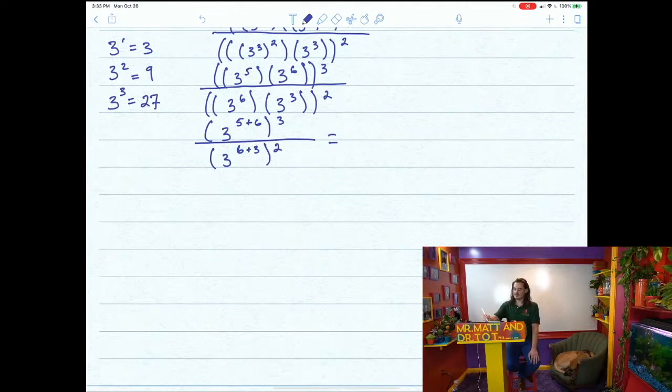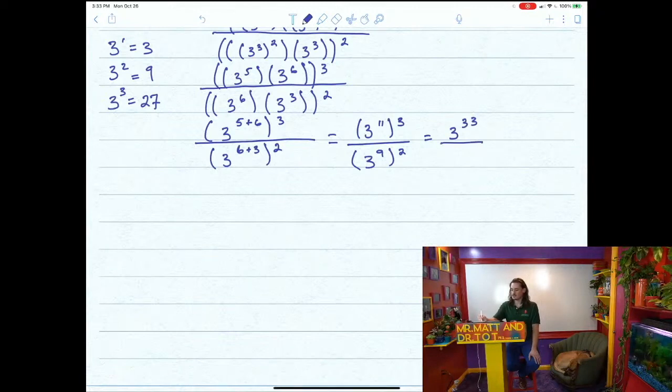5 plus 6 is 11, so we're going to have 3 to the 11th power, quantity raised to the 3rd power, divided by 6 plus 3 is 9, 3 to the 9th power, quantity squared. Now you have a power of a power, so you can multiply. 3 to the 11th quantity raised to the 3rd power is going to be 3 to the 11 times 3 power, which is 3 to the 33rd power, over 9 times 2 is 18, which is going to be 3 to the 18th